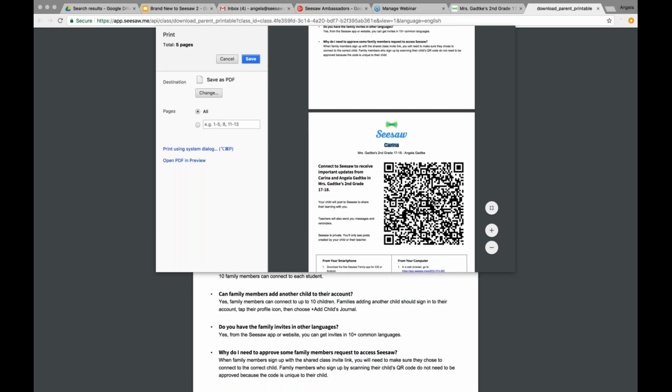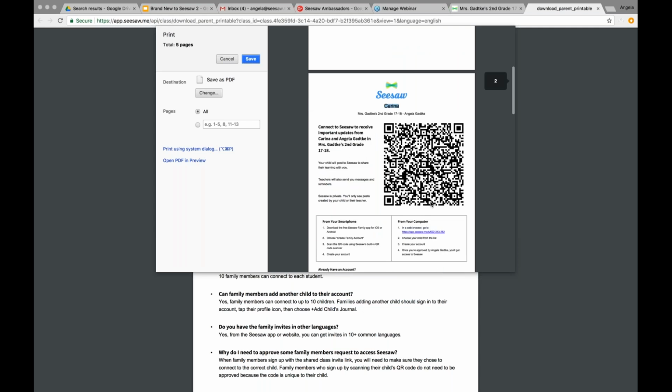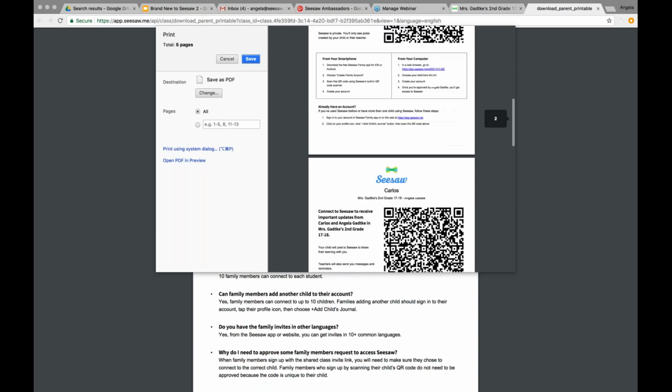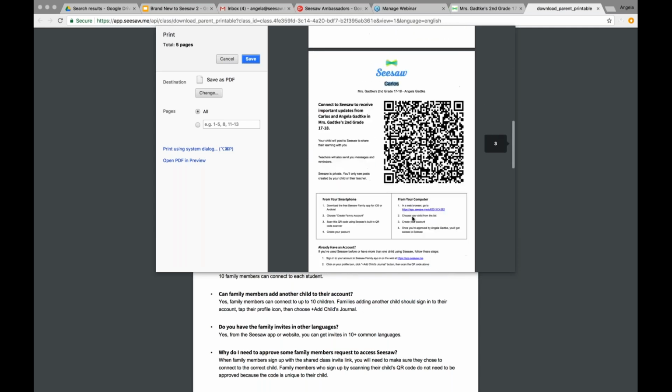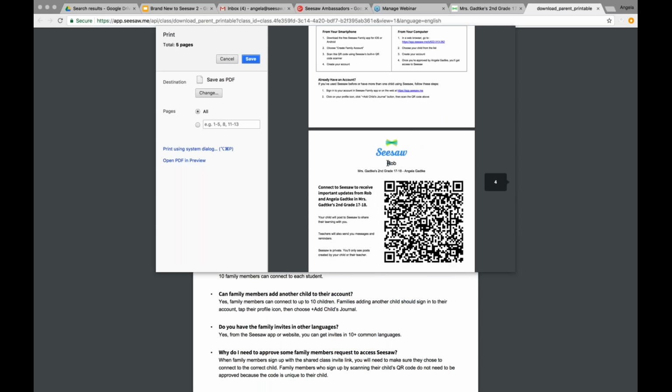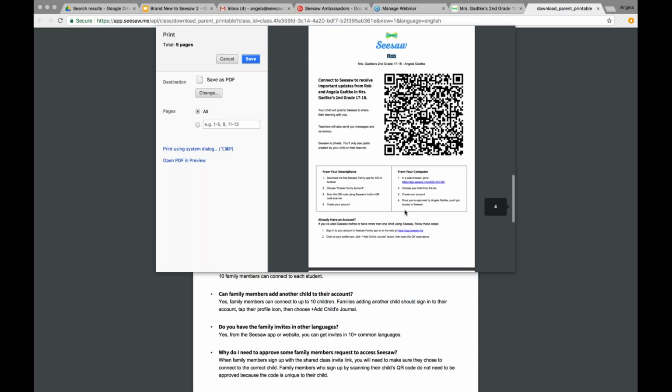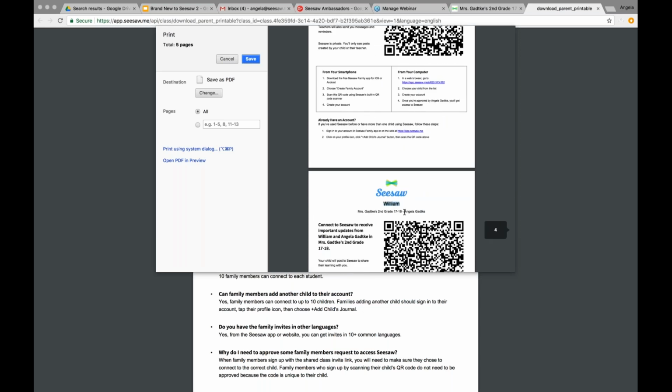It is only the password and access for that child's family to connect to their Seesaw journal. They don't get to see anyone else's work, they only see their own child's work. So you'll see here I have my other students listed. So when you send these invites home, you're going to want to ensure that obviously the correct child